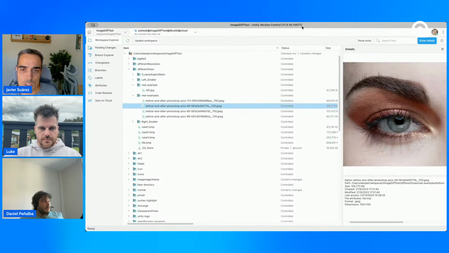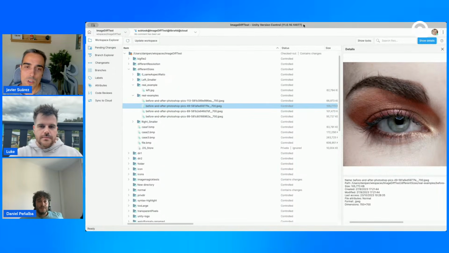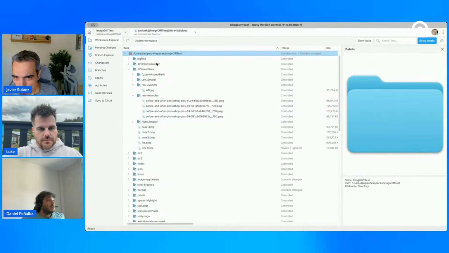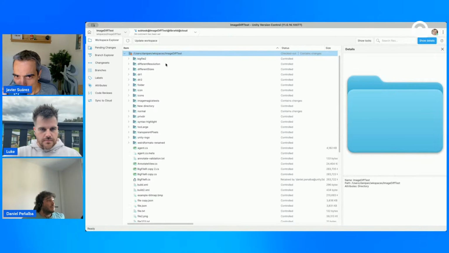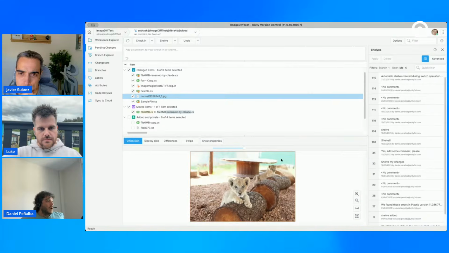currently the Unity version control. Yeah, this is the Avalonia implementation, right? Okay. Yeah, in general, you can see here a quite basic tool in terms of controls. I mean, this is the tree data grid control to visualize the workspace contents. Probably here in the pending changes, this is again standard controls, but here, as you can see, there are